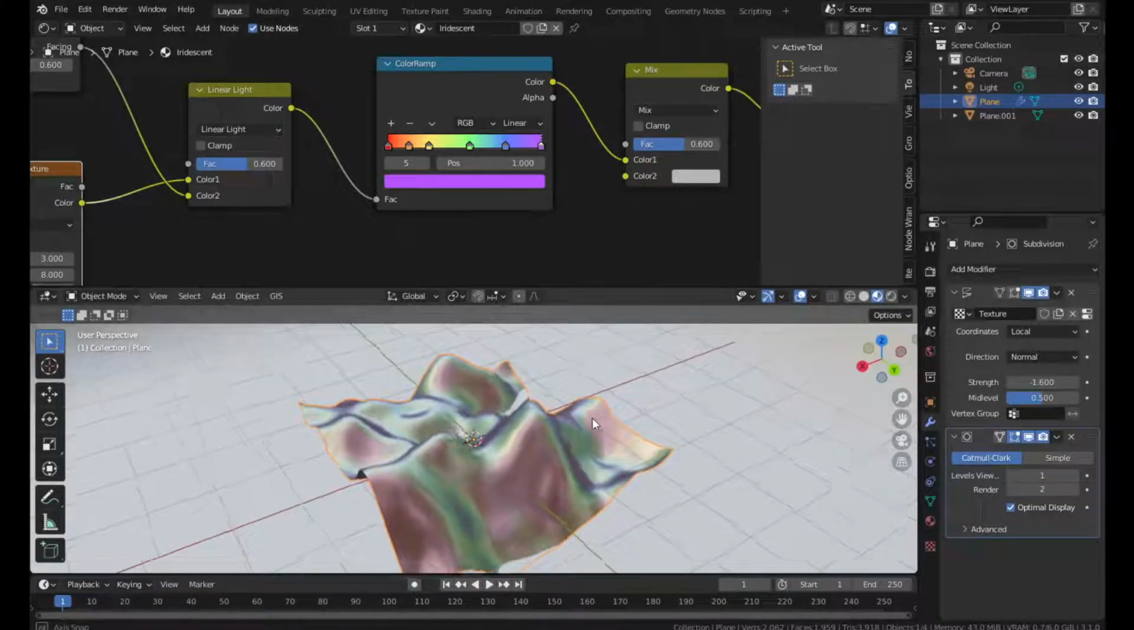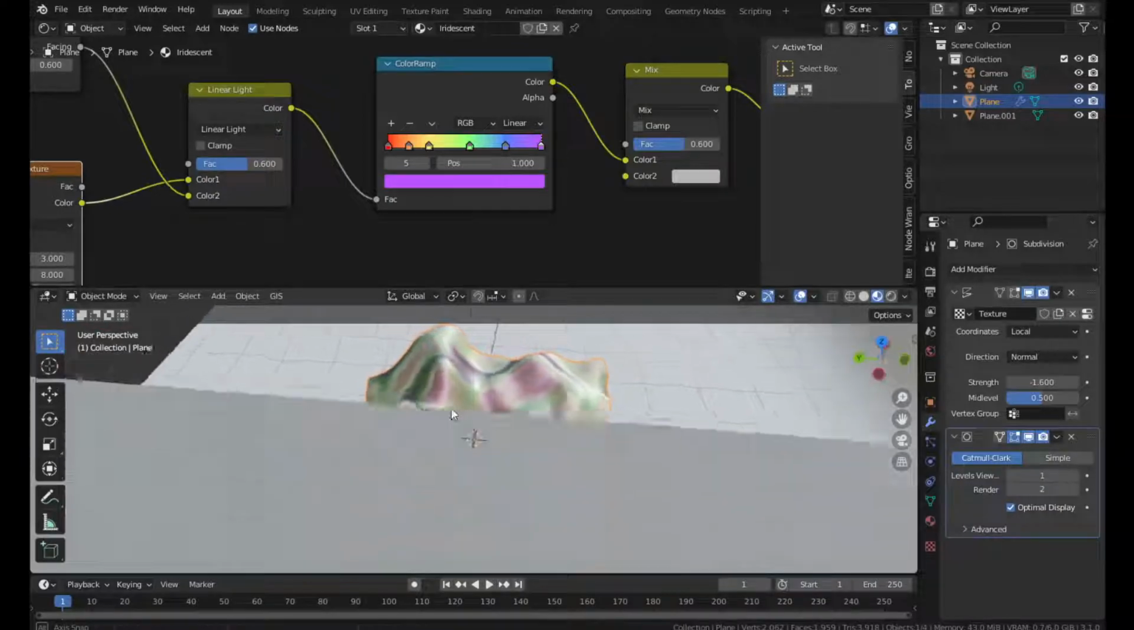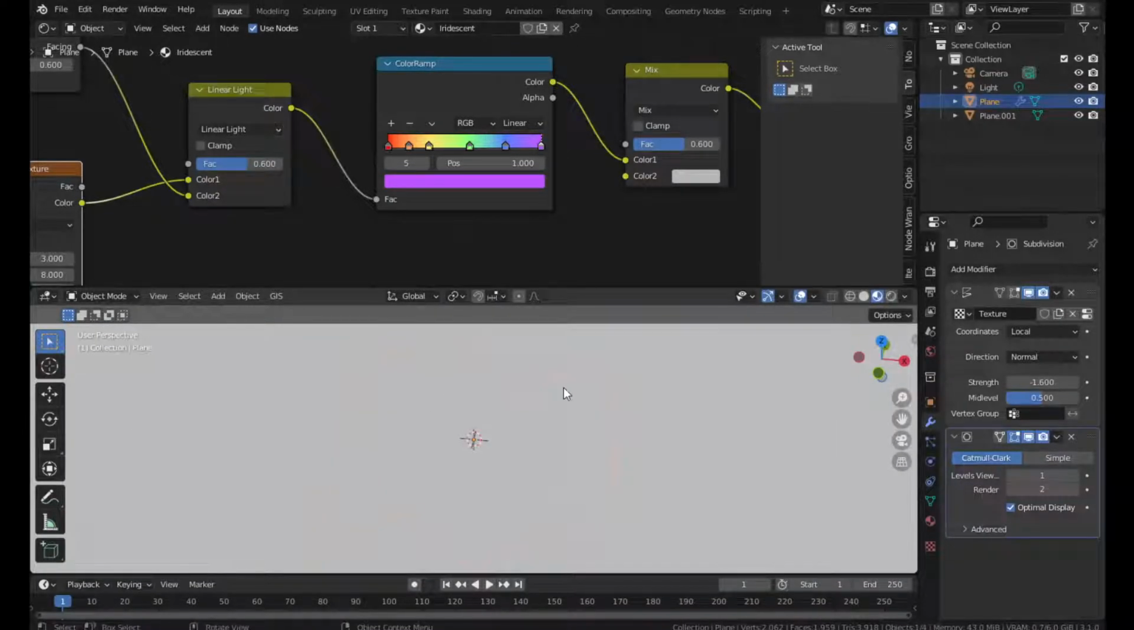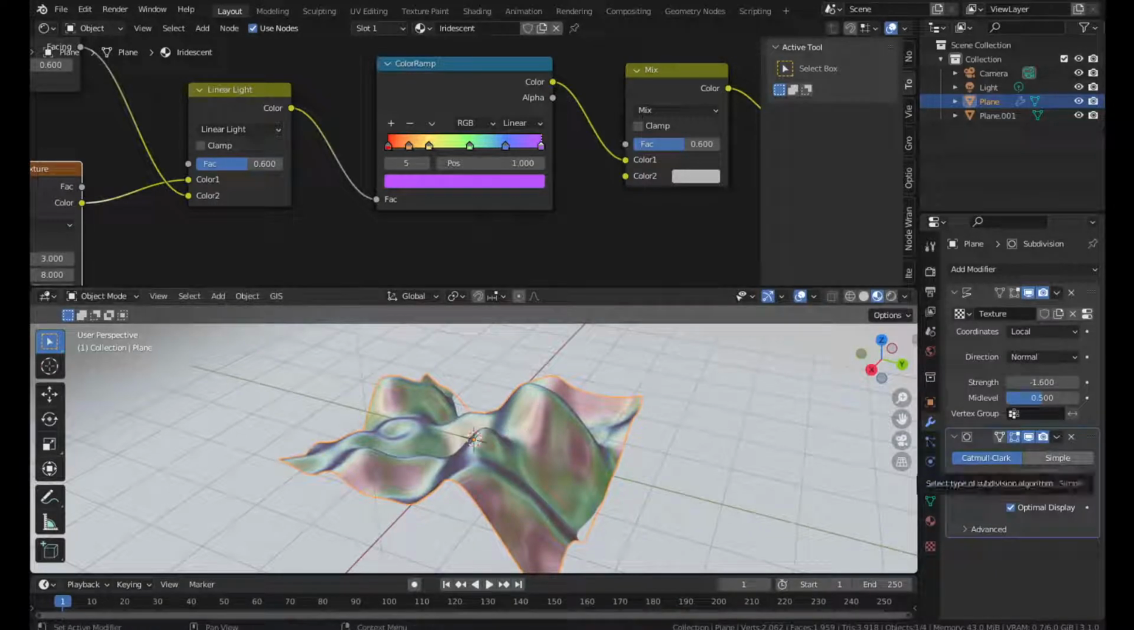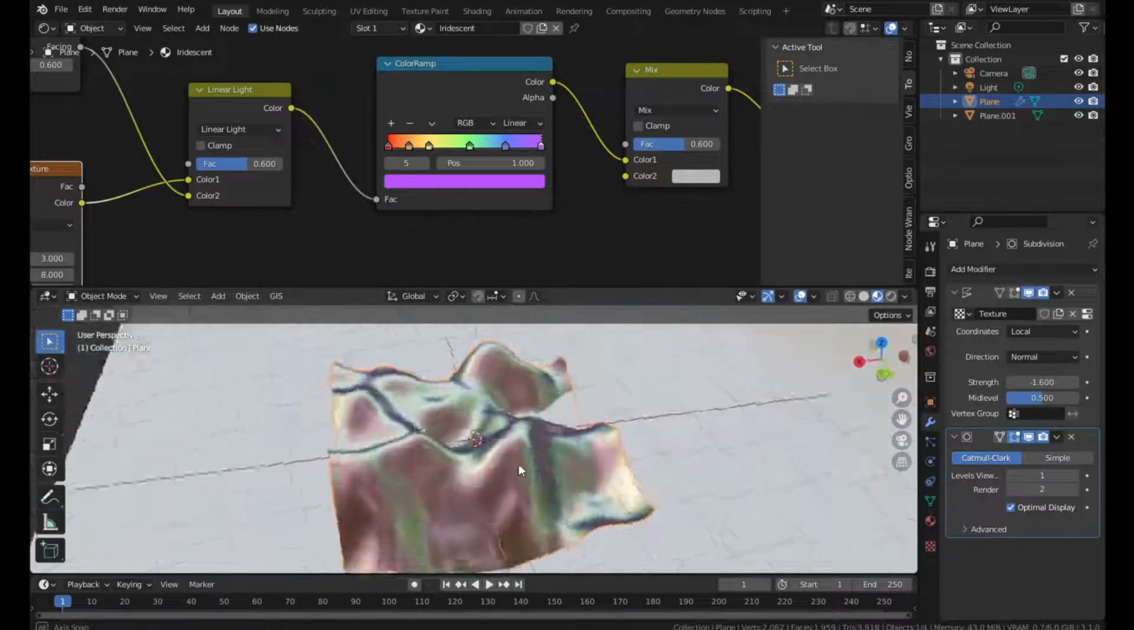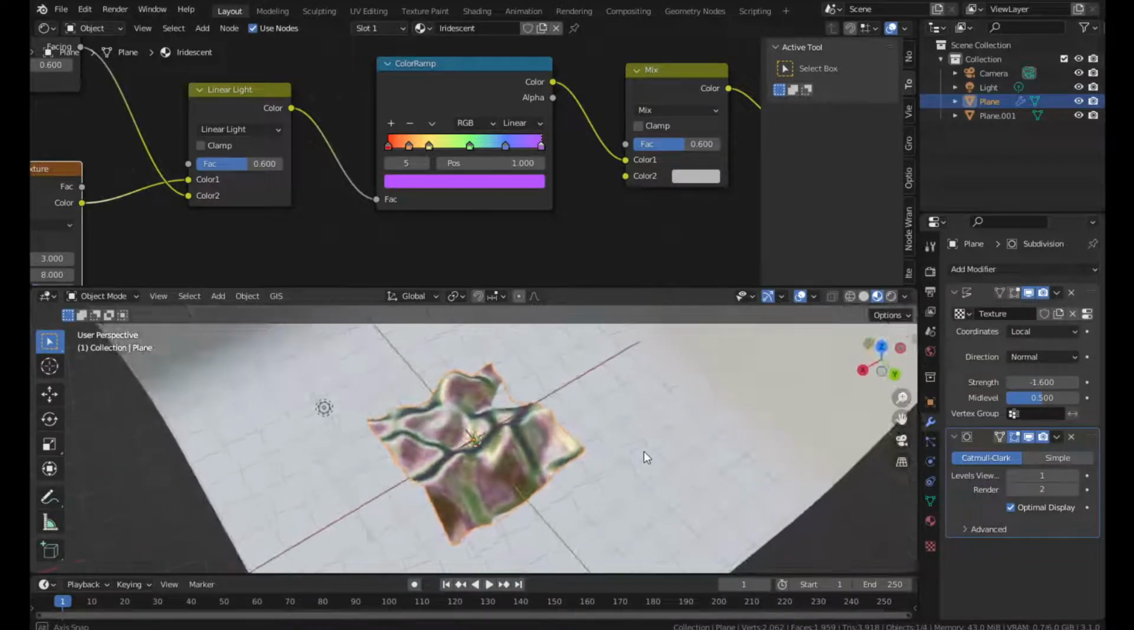And that's what gives us kind of that, what's the best word for it? I don't know. That randomness. Anyway, so